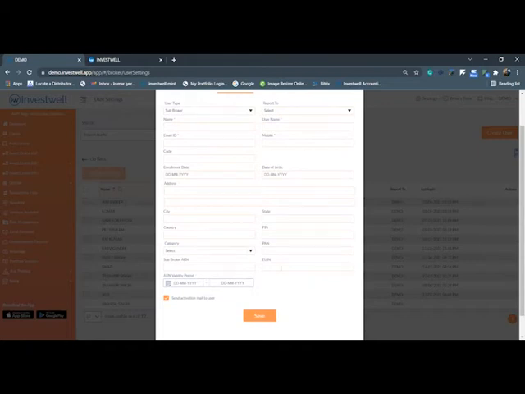When I create a subbroker, one important thing which you need to keep in mind is you need to assign a subbroker category, because there may be different kinds of subbroker categories. Some of the main subbrokers will fall under A category, and some of the new subbrokers will fall under B or C category. So we have given you the option to categorize each set of subbrokers as per your requirement. While creating the subbroker, you can define the category. Also, you can enter the subbroker's ARN and UN number, which helps you to automatically get updates of the subbroker's business, whatever he is doing.